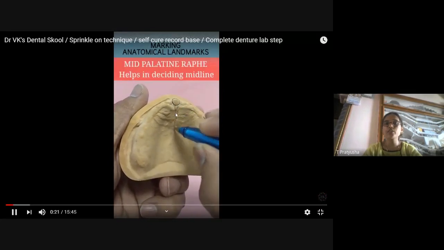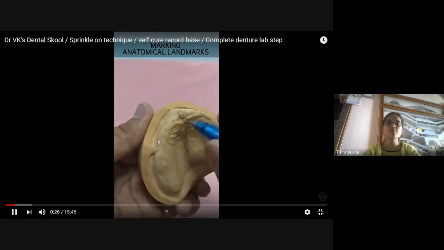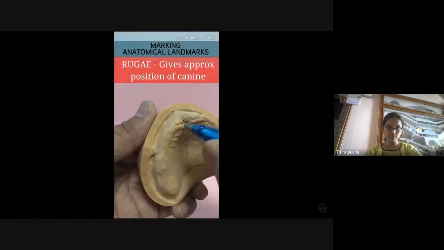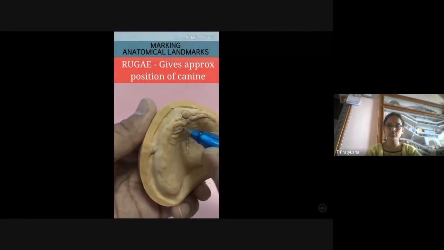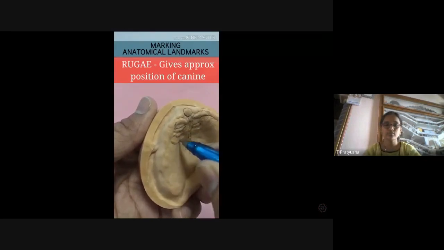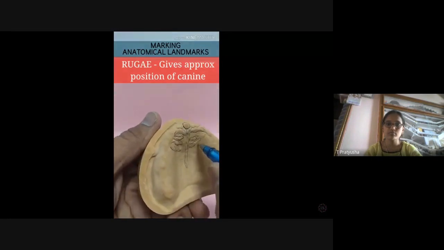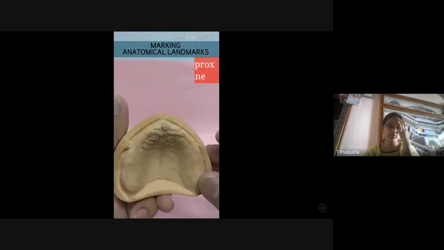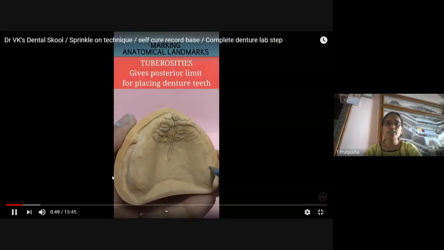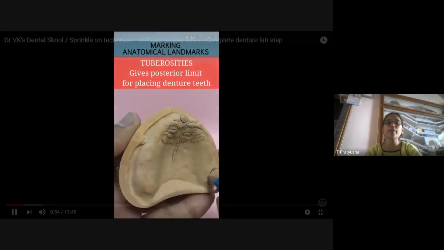Next you draw the mid-palatine raphe, then the rugae, then the maxillary tuberosity. The maxillary tuberosities will tell you till where the teeth have to be arranged.